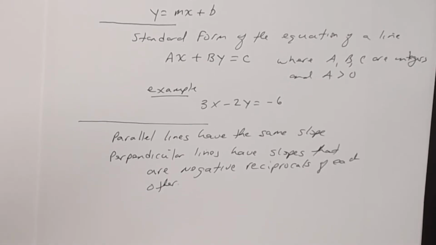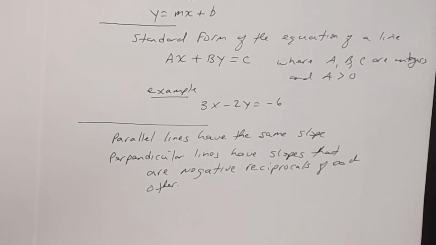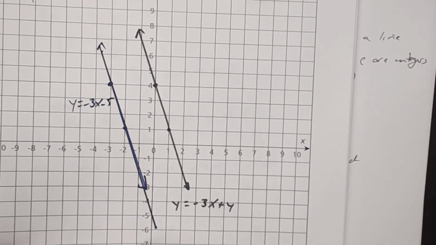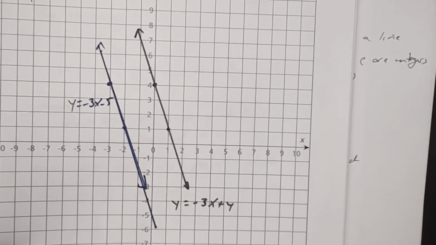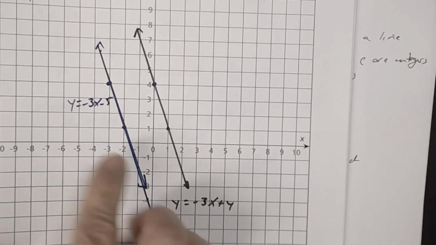For example, in a previous lesson, when we drew these two parallel lines, the slope of this line is -3. The slope of this line is also -3. So parallel lines have the same slope. Okay. We also saw